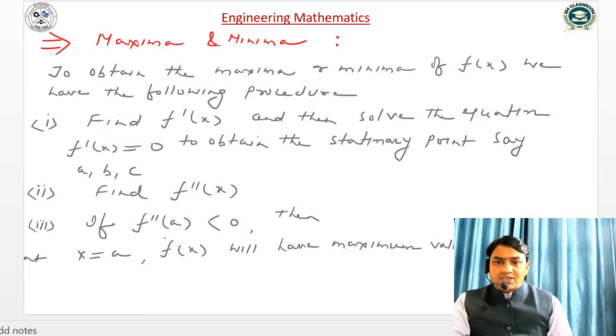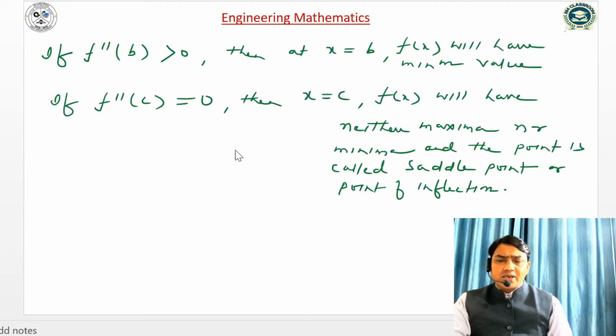If f''(x) at x = a is less than 0, then the function attains a maximum value at x = a. If f''(x) at x = b is greater than 0, then the function will attain a minimum value at x = b. And if f''(x) at x = c is equal to 0, then the function will have a saddle point,